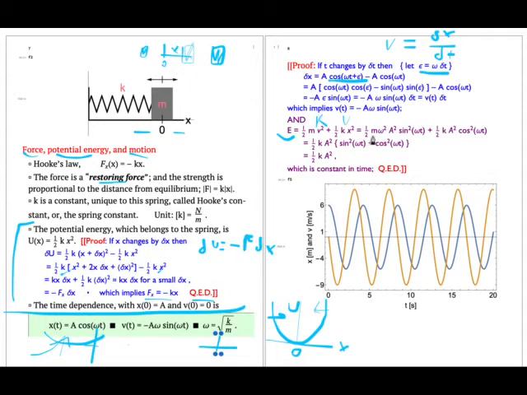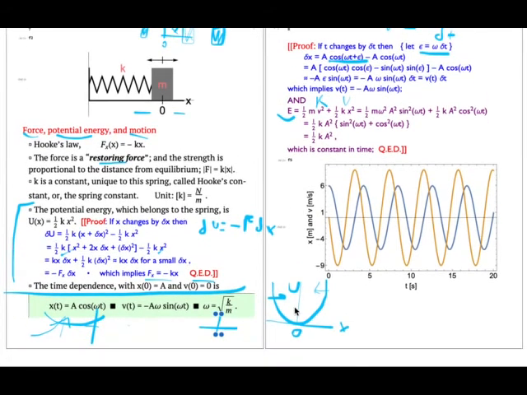Because omega squared is k over m, m omega squared is k. So I can replace the m omega squared by k. I have here 1/2 ka squared sine squared omega t plus 1/2 ka squared cosine squared omega t, which is 1/2 ka squared times sine squared omega t plus cosine squared omega t. And sine squared plus cosine squared is always equal to 1